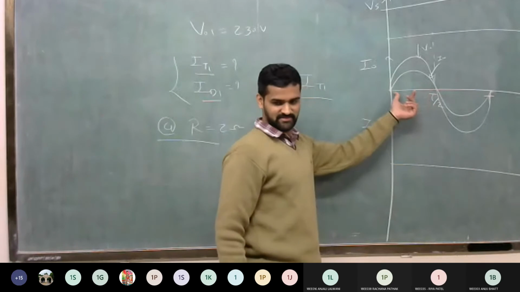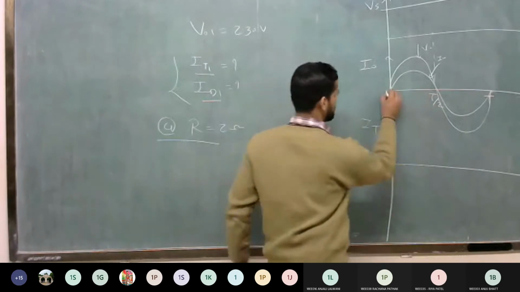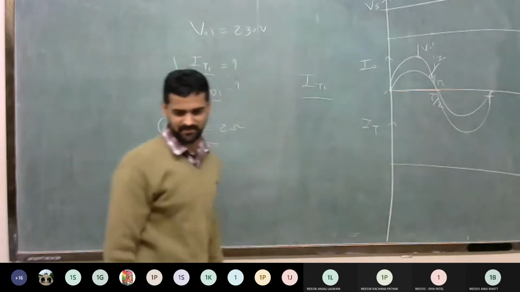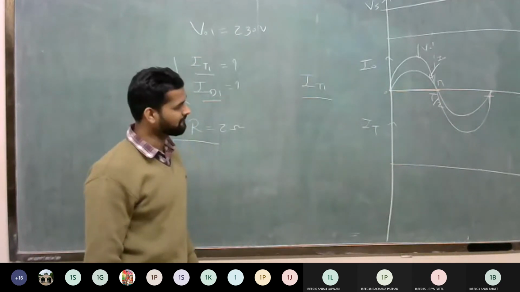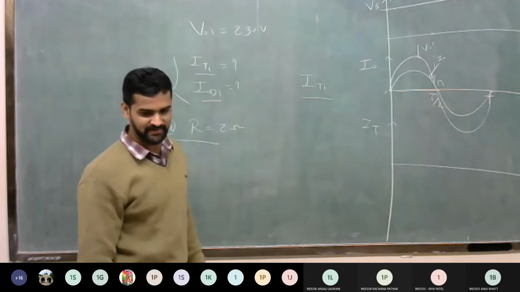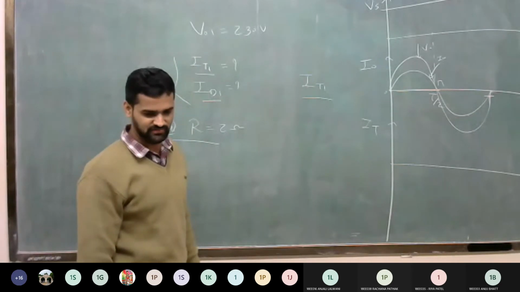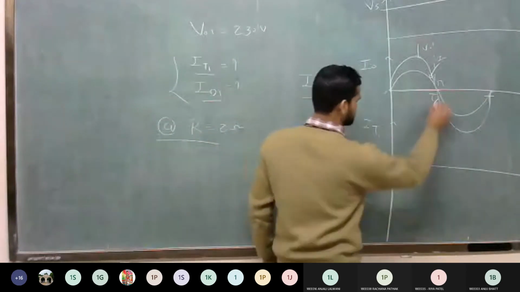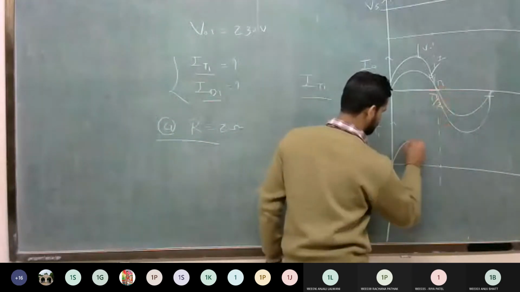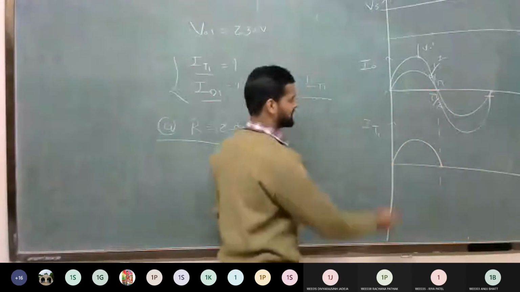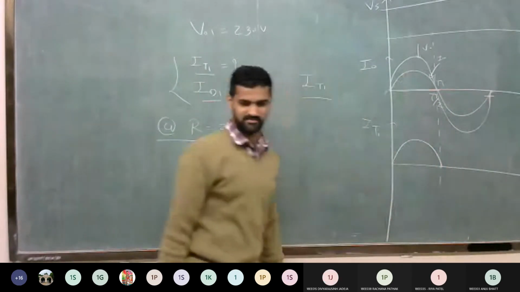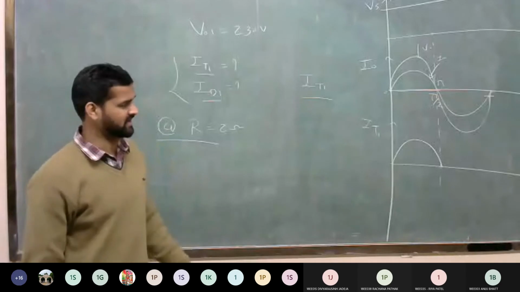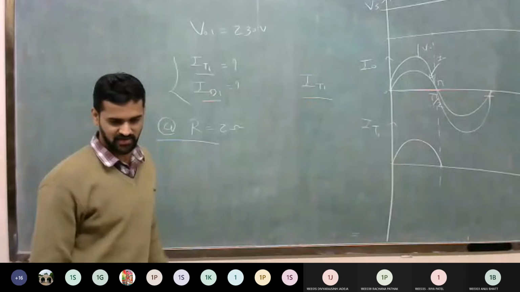When you apply the gate pulse at 0 degree, it will remain in conduction up to this T by 2, or you can say up to 5 degree. And for the rest, pi to 2 pi, it remains 0. Clear? So if you draw the waveform of thyristor 1 current, current is flowing only between 0 to 5. And that current is the same as the load current, because the load is connected in series with the thyristor when T1 and T2 both are connected. All of you understand up to this?